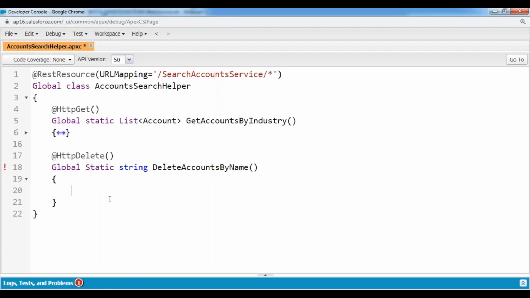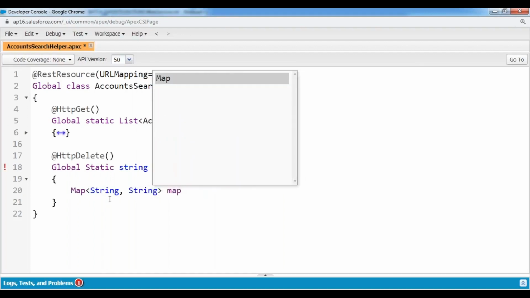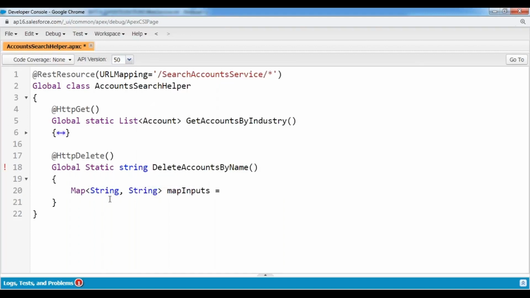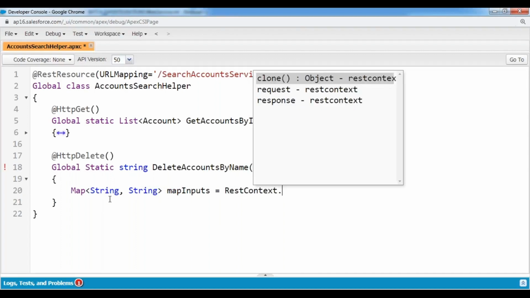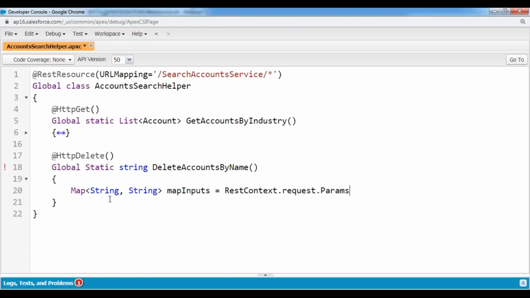Now let's collect that input parameter here. Map of string, string, map inputs equals to rest context dot request dot params. Now I'm collecting the input parameters. Based on that name, I would like to fetch the respective matching account records. List of account, lst accounts equals to,